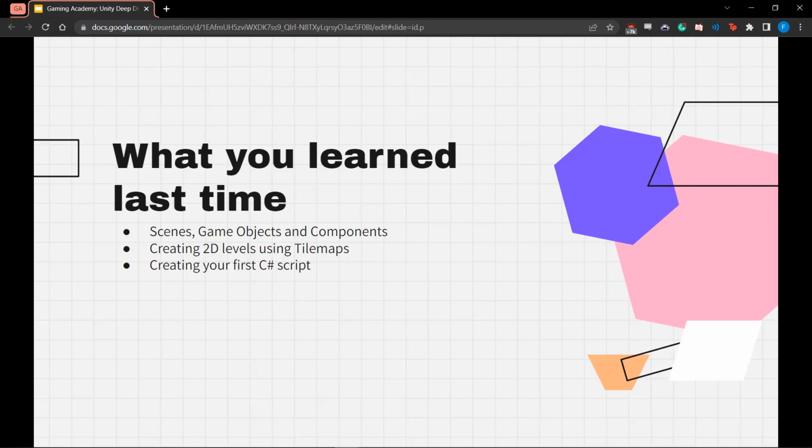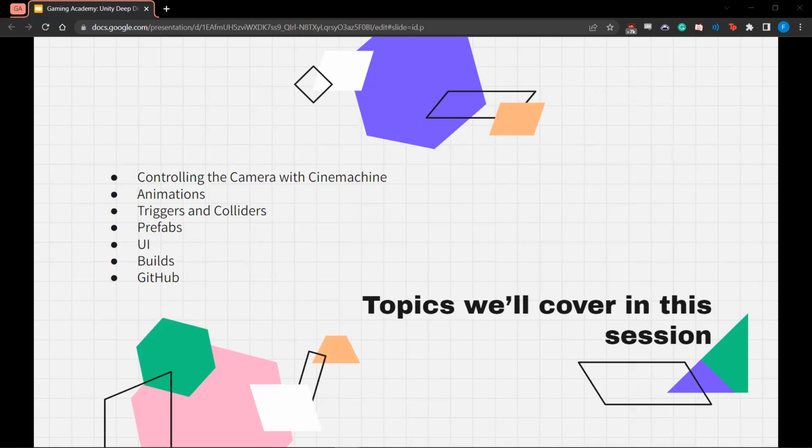This session, we're going to go over a lot of stuff, so it's probably going to be a bit longer, hopefully not too long. We're going to learn how to control a camera so that it keeps following our player, using a handy package that Unity provides for us called Cinemachine. We're going to learn how to create animations and trigger them from code so that the appropriate animation plays. We're going to learn about triggers and colliders, and the difference between the two,